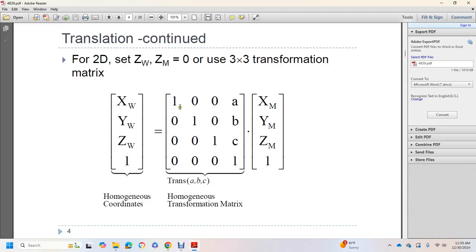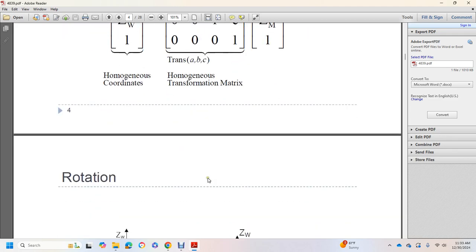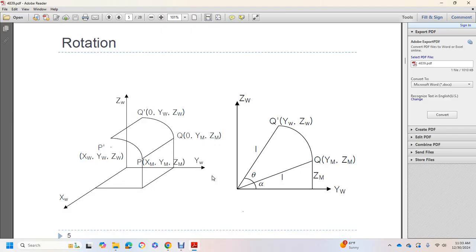So, delineated line to the right, quadrant 4, A, B, C on the far right hand corner, and then the zeros. Your rotation shows the X, Y, and Z world coordinates,